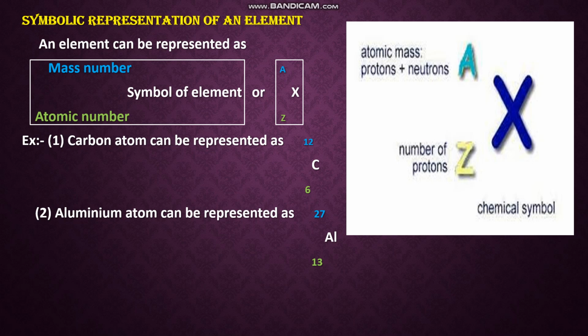How many neutrons are present in aluminium? How to find out? You know, this 27 is the total number of protons and neutrons. This is only the number of protons. So, how to find out the number of neutrons? Mass number minus atomic number, A minus Z. So, how many neutrons are present here? 27 minus 13, 14. And what is the mass number? 27. So from the symbolic representation, we get how many protons are present in the atom, how many neutrons, how many electrons, what is the atomic number, and what is the mass number.